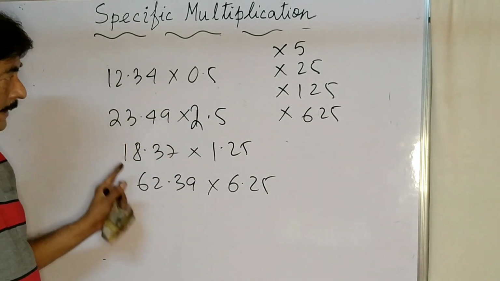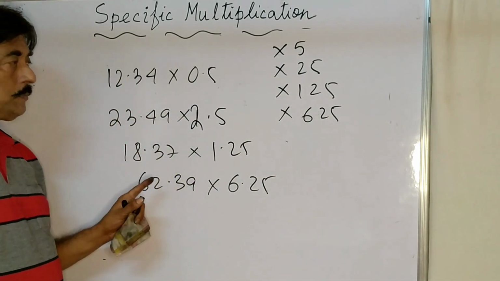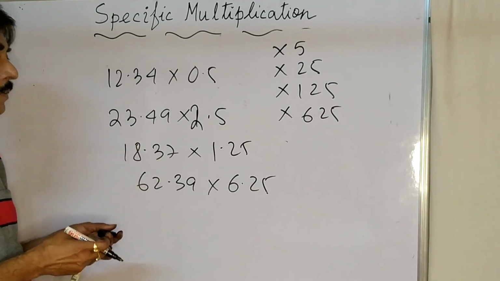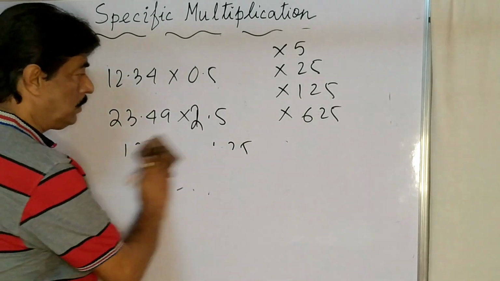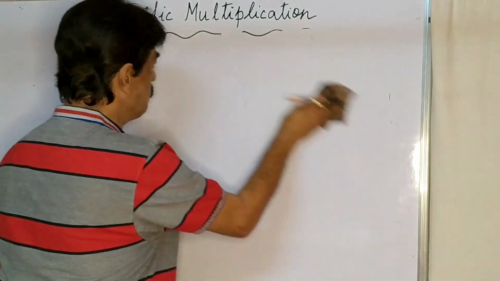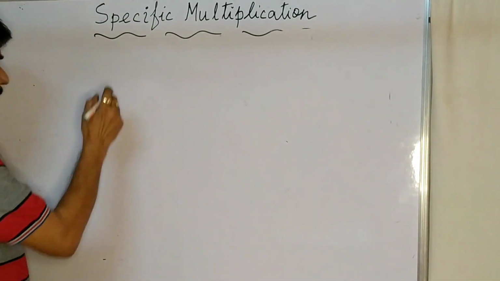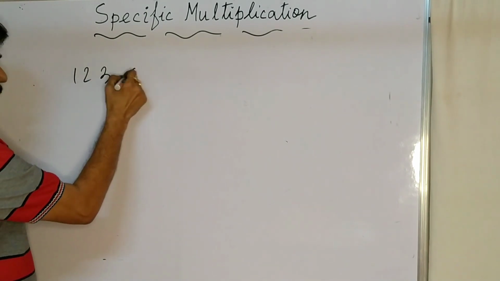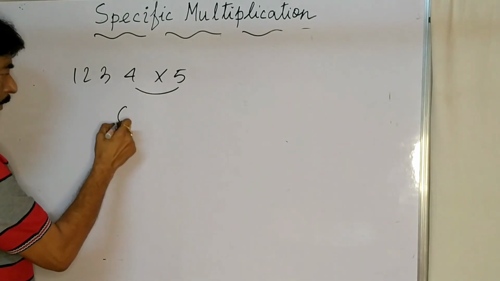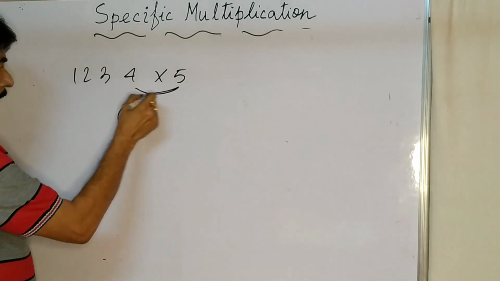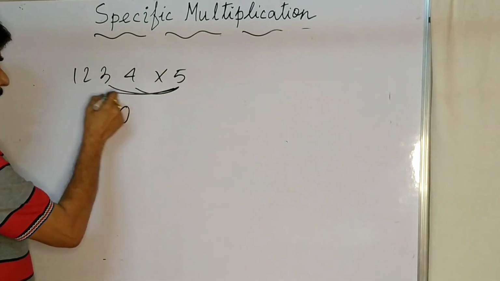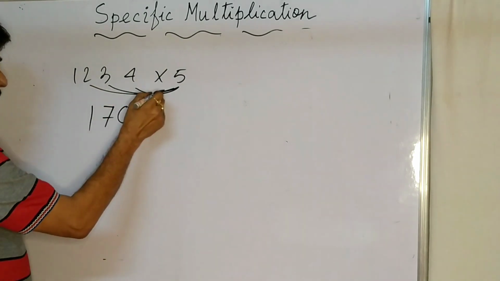This is the most important derivation, the most important shortcut technique of Vedic maths, to capture minimum time to solve your big, large problem. One by one you have to gradually develop what the rule behind it is and how to do this. Previously, from our childhood, we can do the multiplication of 1234 by 5. What is the rule? 5 4s are 20, 0 in hand, 2. 5 3s are 15 and 2, 17, 7, carry 1. 5 2s are 10 and 1, 11, 1, carry 1. 5 1s are 5 and 1, 6.